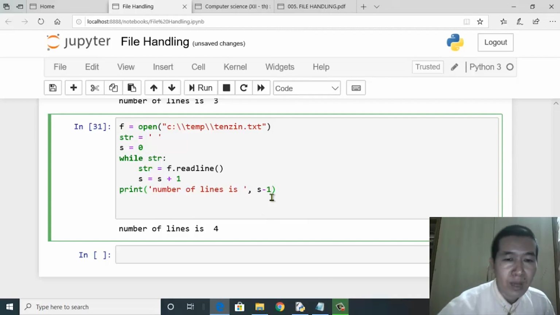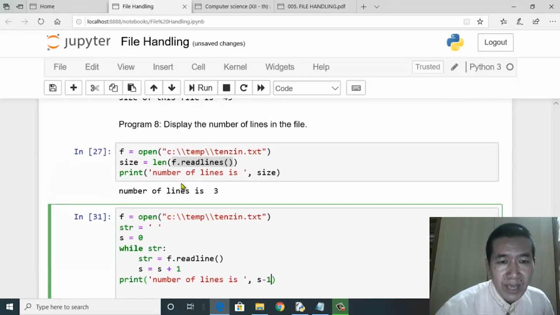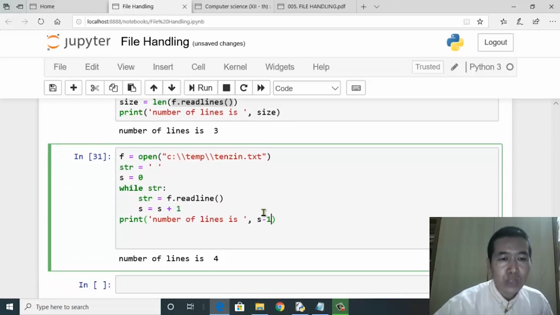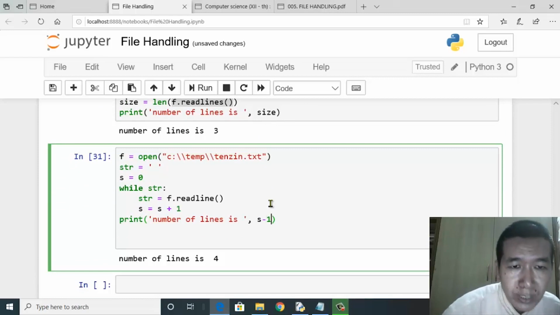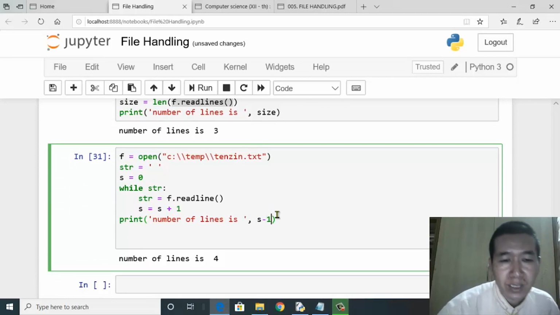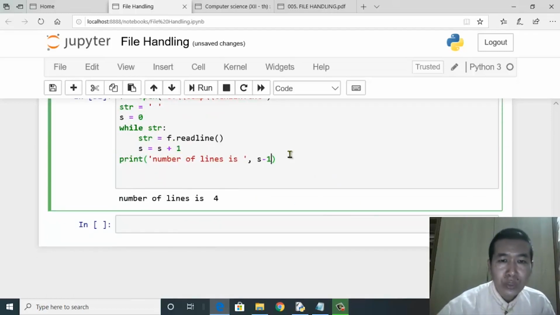So this program is basically the same as program number 8, but this was done using the readLine function instead of the readLines function.